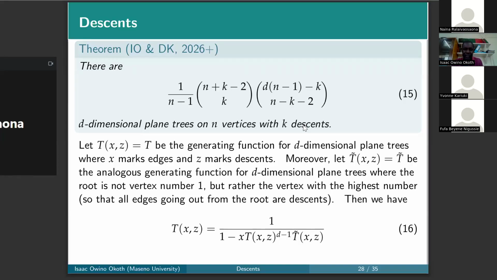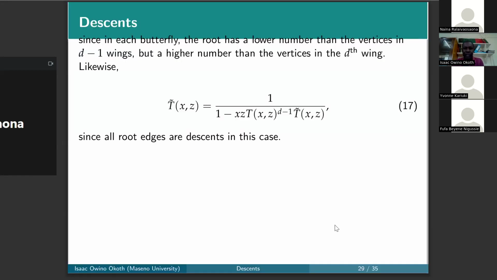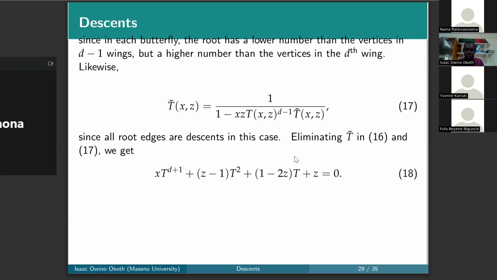Then we express T(z) as shown in 16. And this is because in each butterfly, the root has a lower number than the vertices in the left wings, but a higher number than the vertices in the rightmost wing. Then the same applies for T tilde, that is 17, and here all root vertices are different. So that's why it is expressed as in 17. So if we eliminate T tilde in 16 and 17, then we get 18. That is 18, now before we can apply the Lagrange inversion formula,